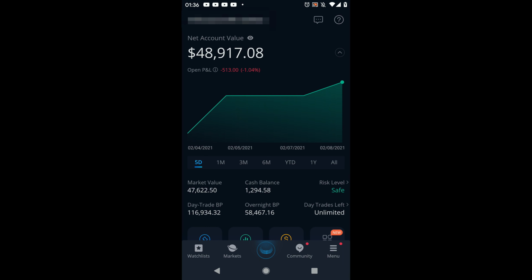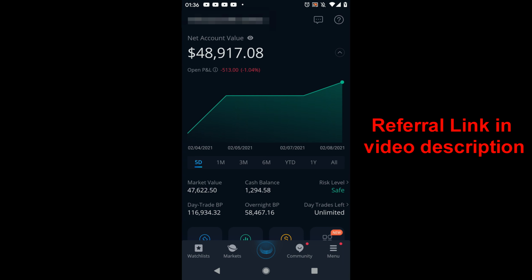And this past week we just made an amazing return. It was the easiest money we made with the amount of time we invested, which was about 10-15 minutes of our time. So that is pretty awesome, selling options. But anyways, I do have the Webull app pulled up. As you guys can see, we are at